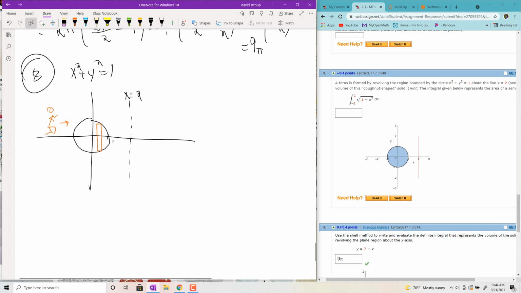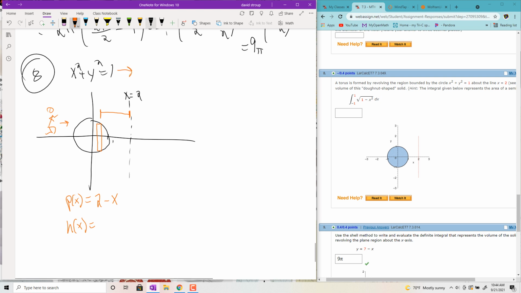And we need a radius function and a height function. So for the radius function, you've got to be a little careful. It's the distance to the axis of rotation. So it's this distance here in particular. That will be 2 minus x. So the radius function is 2 minus whatever your x is. Height function,